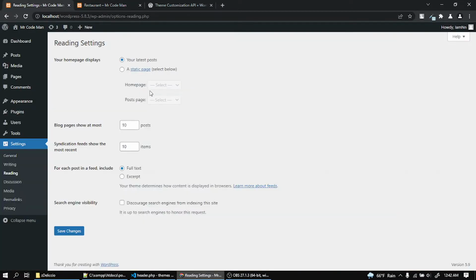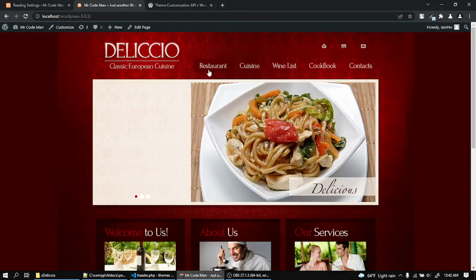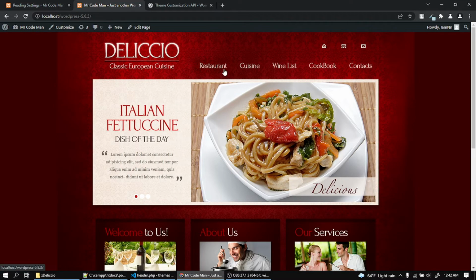For that, you have to select the static page, select the home page. Our home page right now is student, and we don't have a blog page right now, so I don't add the blog page. Save, and then we see our URL is okay. If you click the restaurant, our URL is equal,